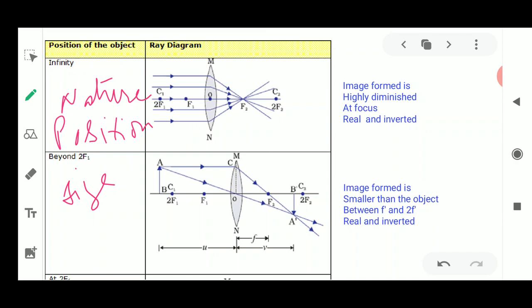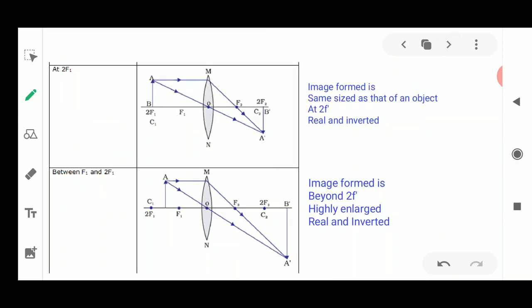Next, what we'll discuss will be the next position of the object. It is at 2f1. So where is the object kept? The object is kept at 2f1, here at the center of curvature. So this is C. You could write 2C, because there are two centers of curvature. Why? Because a lens is always obtained from two hollow spheres of glass. So here we could see that there are two centers of curvature, two foci, and one optical center, because we have joined those two parts obtained from the hollow spheres of glass.